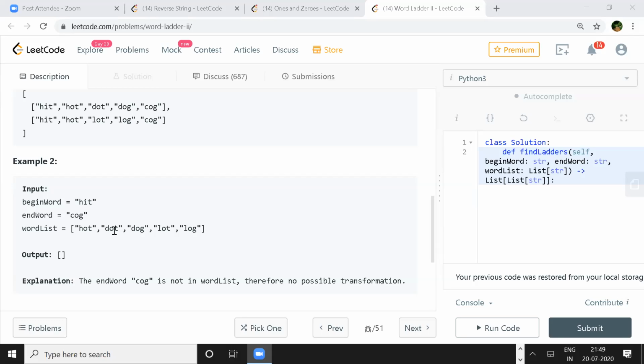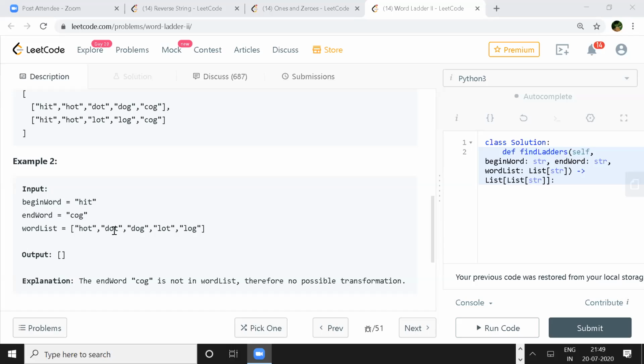No, they have already given the end word, but they haven't mentioned it inside the word list. So artificially, we can generate it out of the words from the word list, put it inside the word list, and then reach the end. But that is too much, right? A check we can do at the first step: if the end word is not present in the word list, then it's a fail.